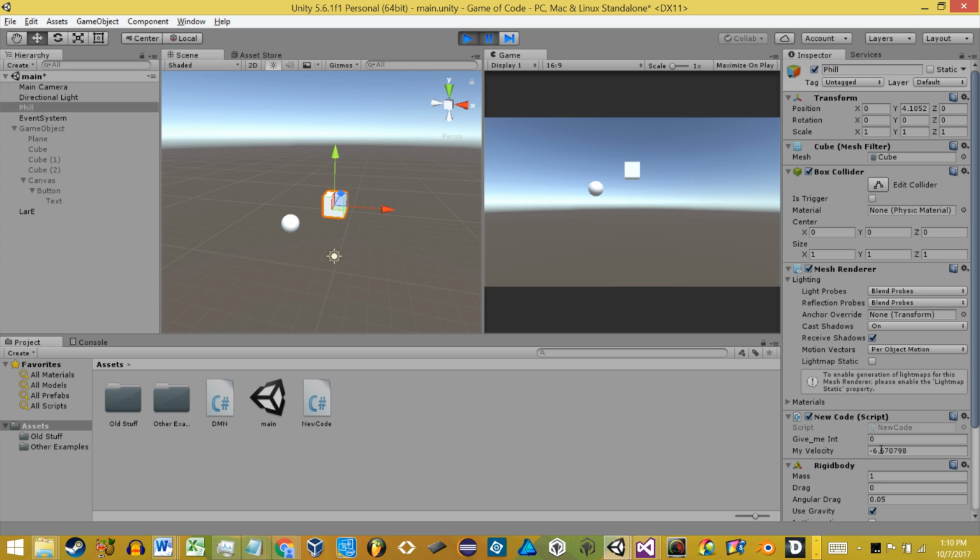So you can actually use public variables to see stuff through the inspector, which can make testing a lot easier rather than trying to finagle with the values and pull up stuff yourself. You can set a public variable equal to something so that you can look at it as you go. So if I had code that was trying to say if my velocity was lower than -10,